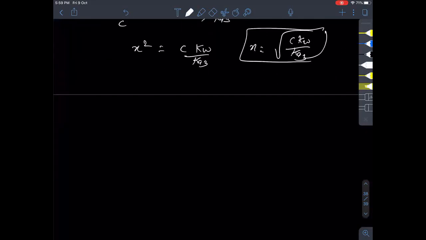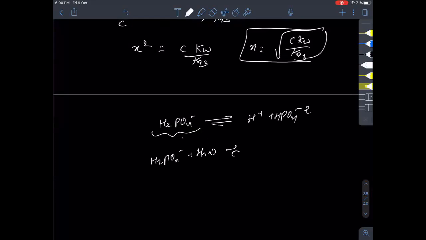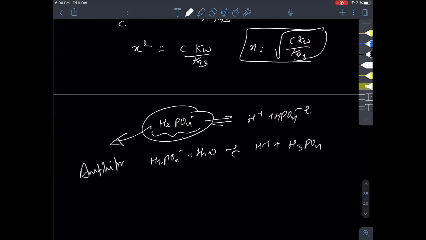Now, can we apply this whole thing for this H2PO4 minus? Suppose if that salt is given, the answer is no, because this is not a pure negative ion, because it has a tendency for both. It can ionize also, and it can hydrolyze also. So such a species which has a tendency for both, and in a good way, that particular species is said to be an amphiprotic anion. Means it is just like an amphoteric thing. It can behave as an acid, it can hydrolyze water also as a base.